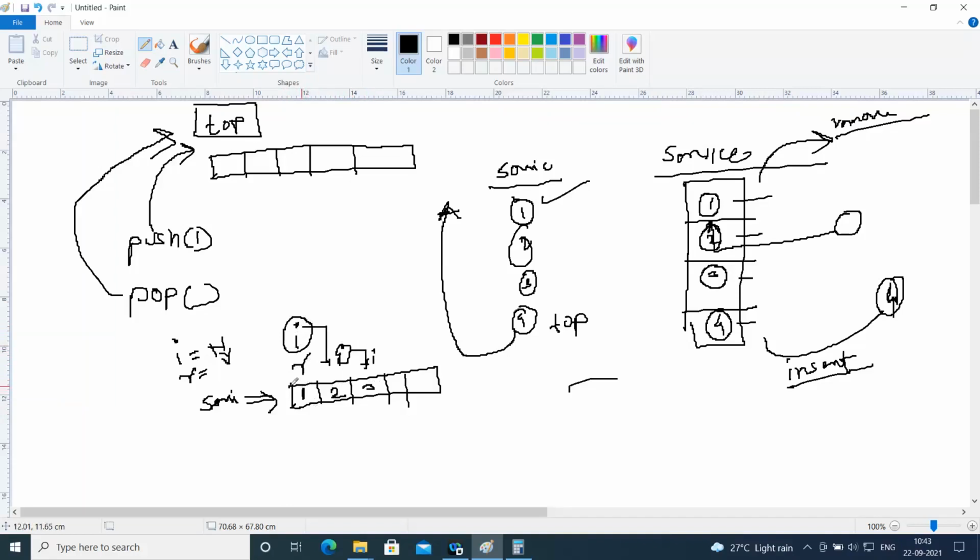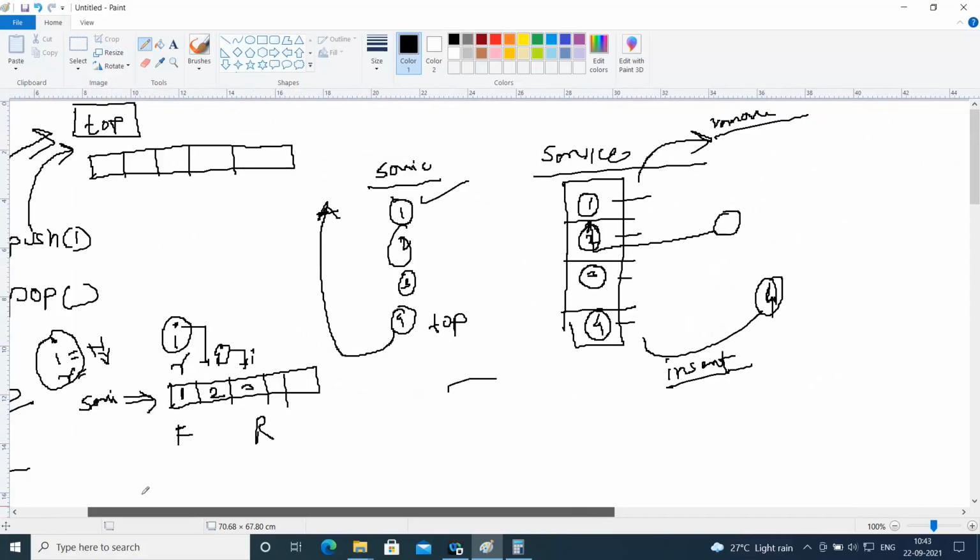In the case of a stack, both the insert and remove indexes were represented with the help of something called a top. In the case of a queue, we call one index front, and this represents the rear. So there are two indexes now, a front and a rear.